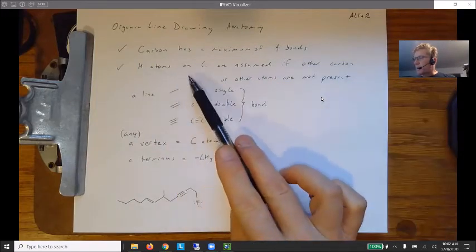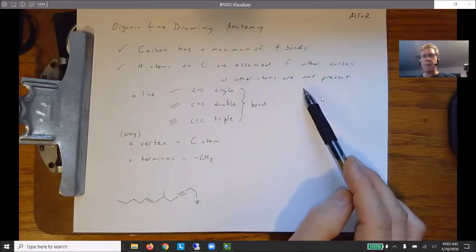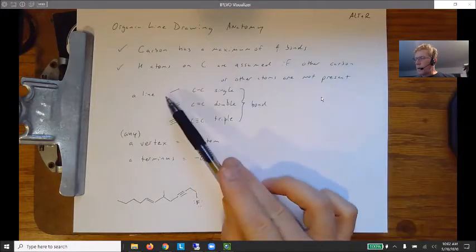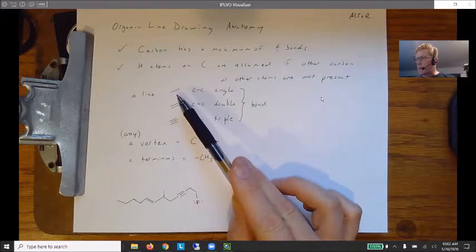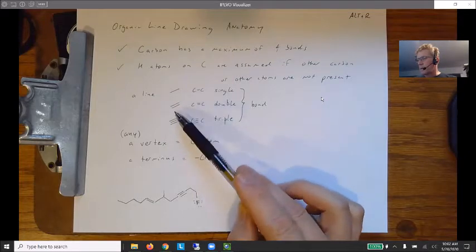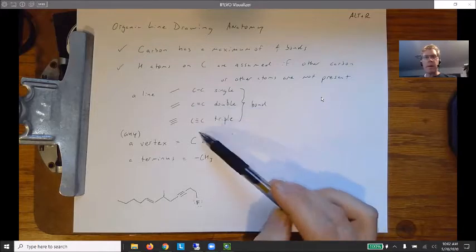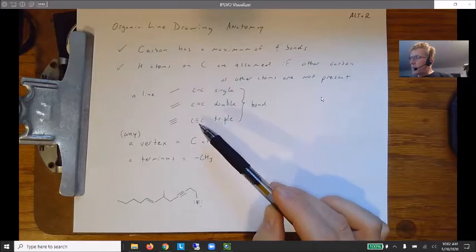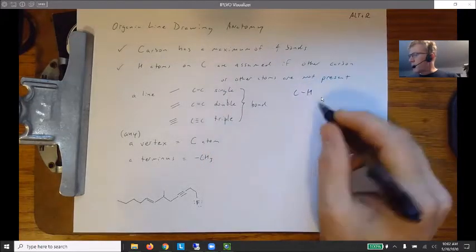Hydrogen atoms on carbon are assumed if other carbon atoms or other atoms in general are not present. A line will represent the type of bond that is depicted, that is, a single line, single bond. Double or triple relate to double or triple bonds. Here I show carbon-carbon bonds of the 3 types, but that does not preclude us from drawing structures like this: